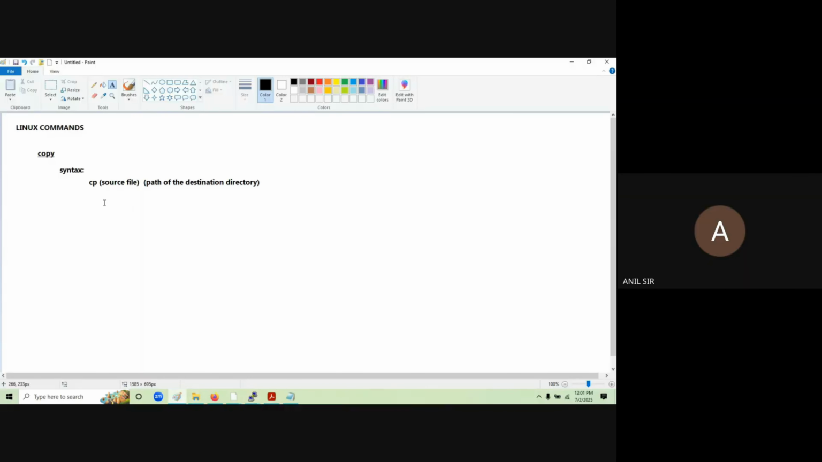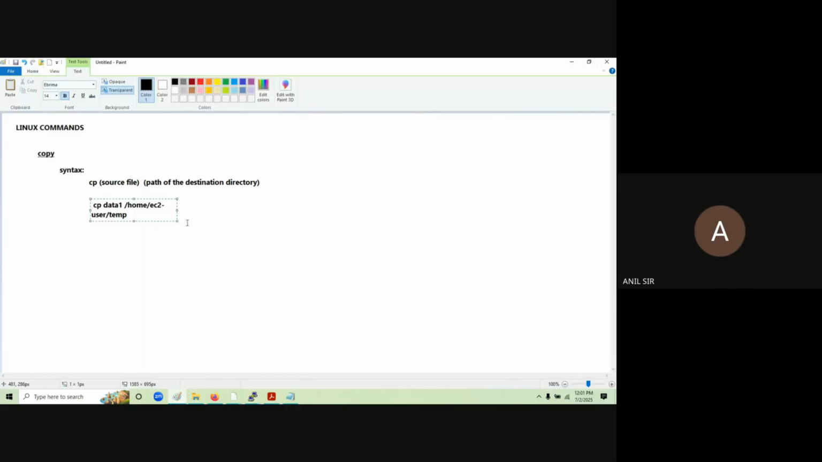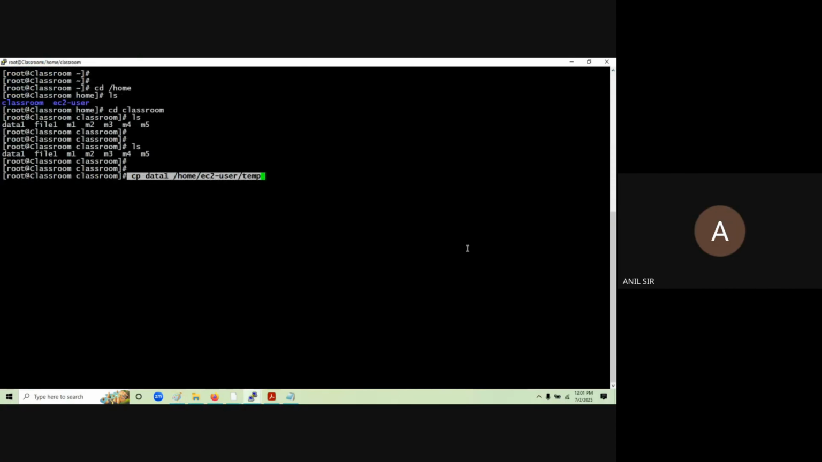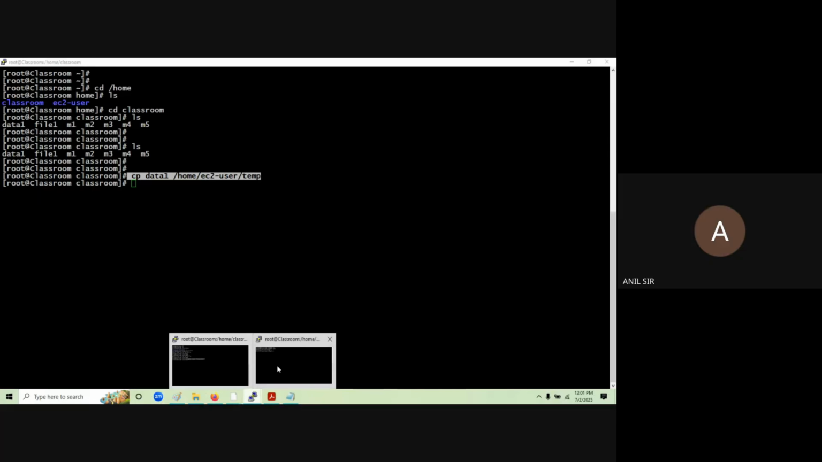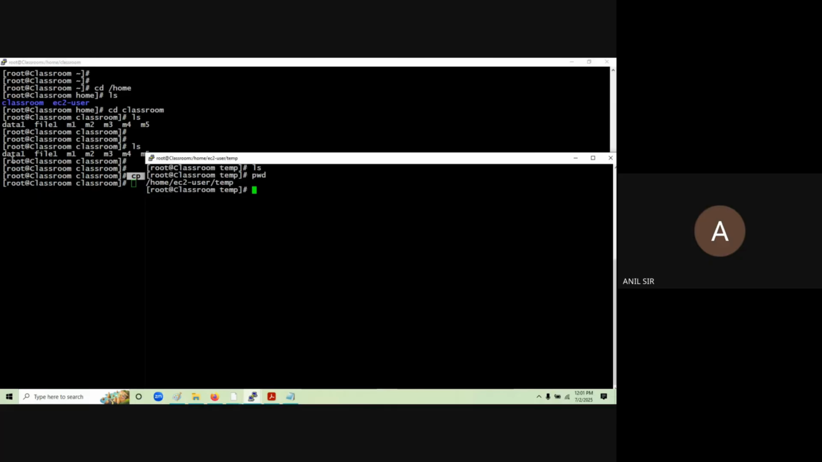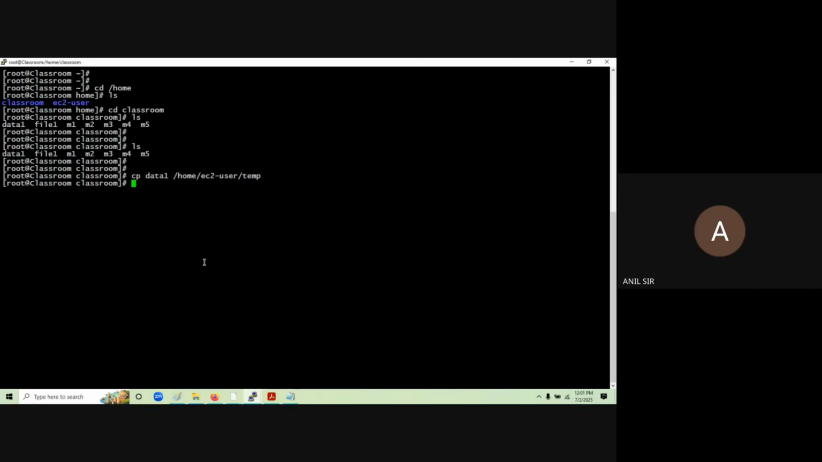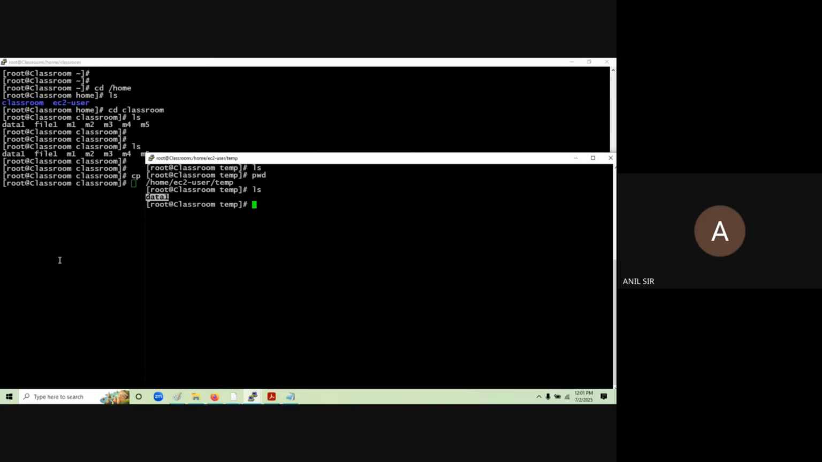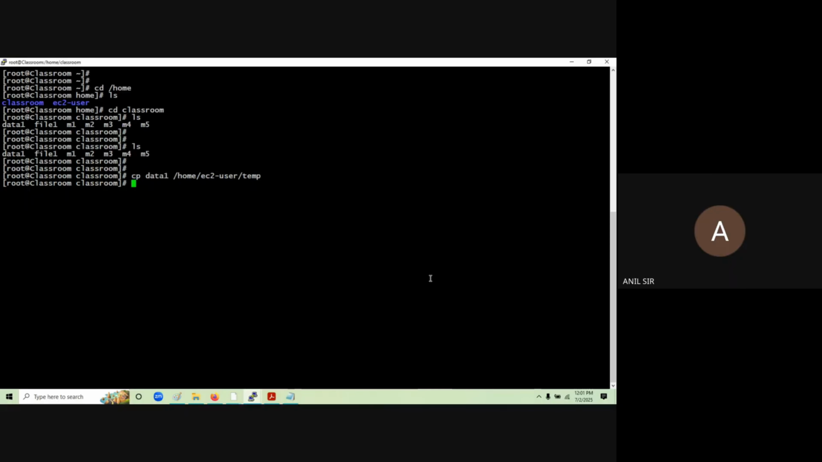So you can check it out, for example like this. Now you can check whether the file has been copied or not. That means data1 should be copied into this temp directory, correct? The data1 directory is copied. Like this, you are going to be copying the files. And the next one